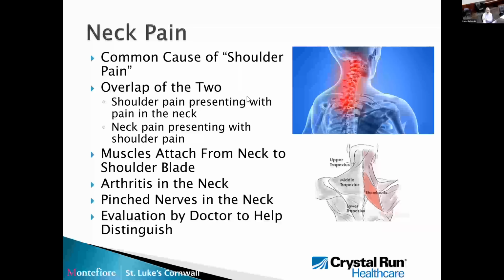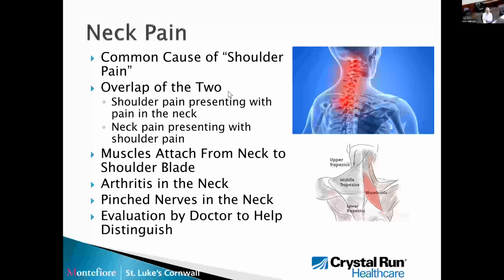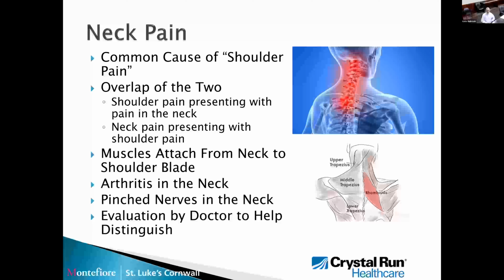Finally, what I've included in my shoulder pain talk is a talk about neck pain. This is actually a common cause of shoulder pain. A lot of times you see people come into the office and they have pain in their shoulder. So I said there's an overlap of the two. Shoulder pain can sometimes present with pain in the neck,